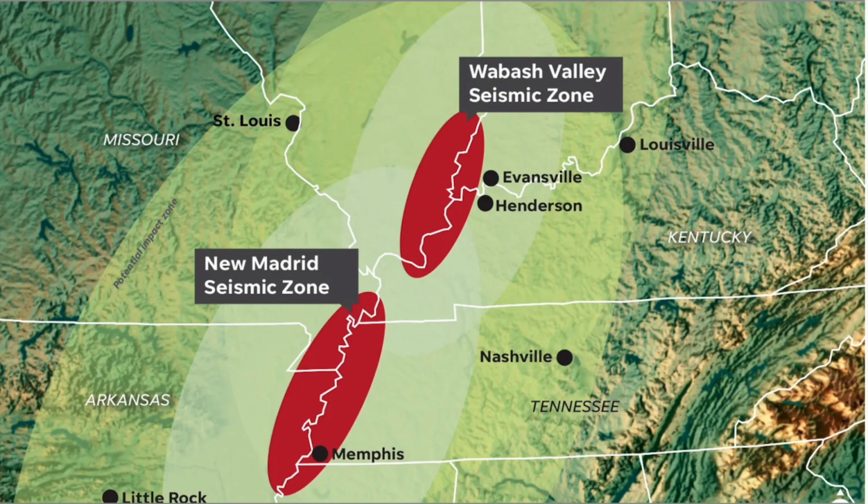So this image shows the different seismic zones, and you can see that there are two right next to each other, the New Madrid and the Wabash Valley seismic zones. And due to the nature of the bedrock in the Earth's crust in the central United States, the earthquakes in this region can shake an area approximately 20 times larger than the earthquakes in California. So you can see how bad the earthquakes really were.